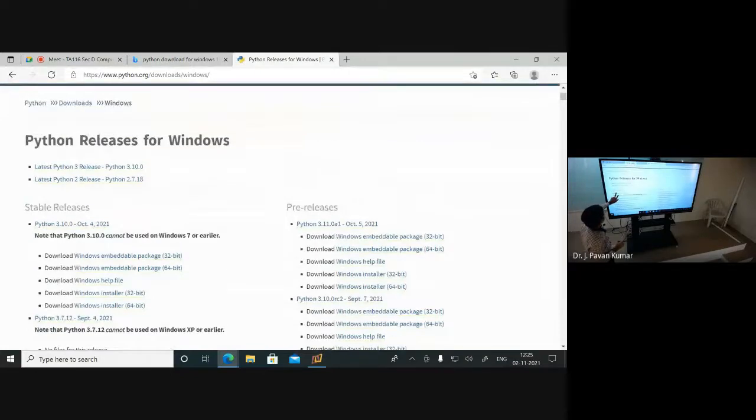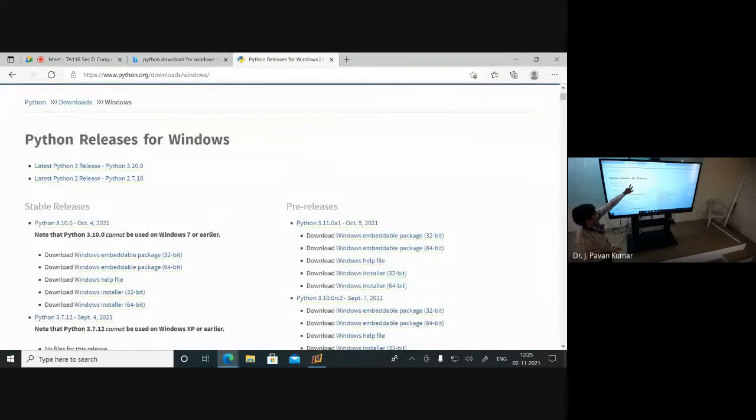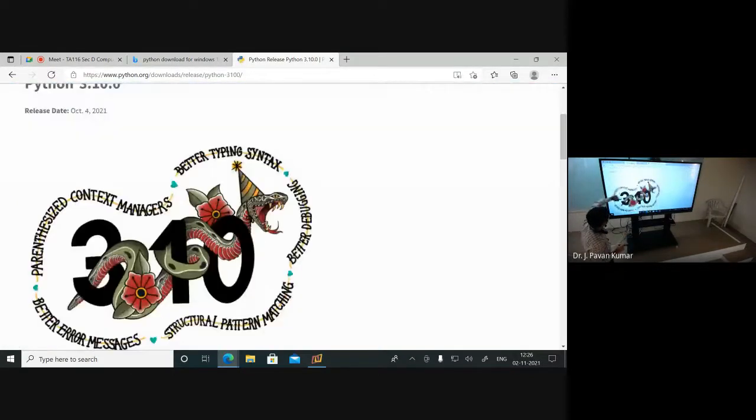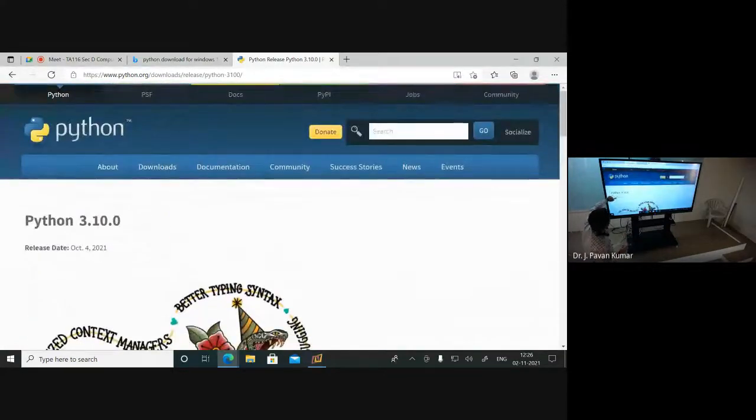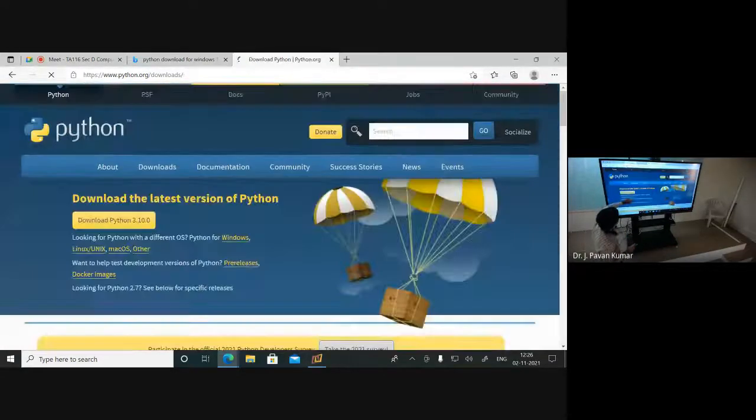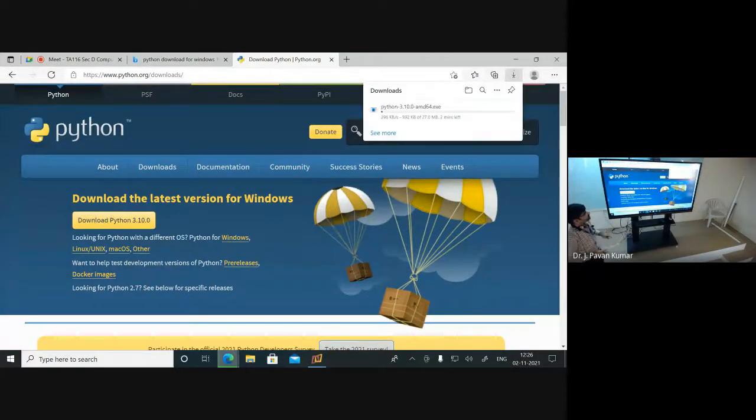I think 3.10.0 is the latest version that you can download. Then you double click on it, and it will install automatically. Click next like that. I will show you here, just 1 second.